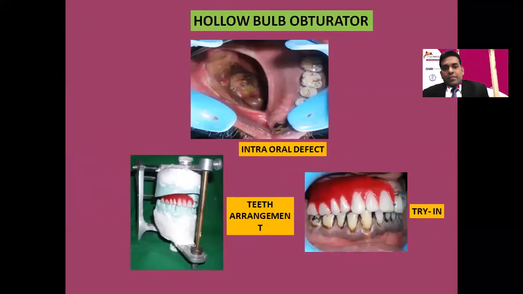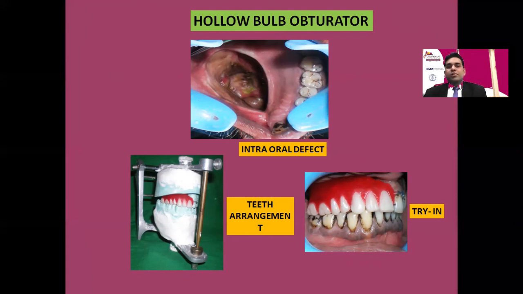So, in combination with this orbital defect, the patient was having an intraoral defect. He had undergone maxillectomy. The reason for mentioning this maxillary defect is, you might have noticed that patients having a combination defect like orbital and maxillary defect have facial disfigurement because of this maxillary defect. So the important thing is to restore this maxillary defect with the help of an obturator first, and after that you can proceed for orbital prosthesis.